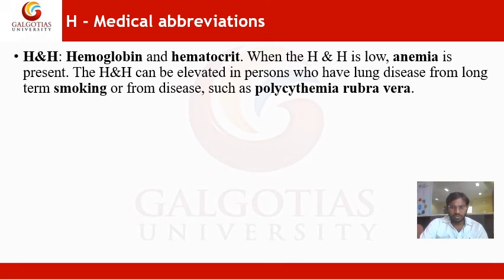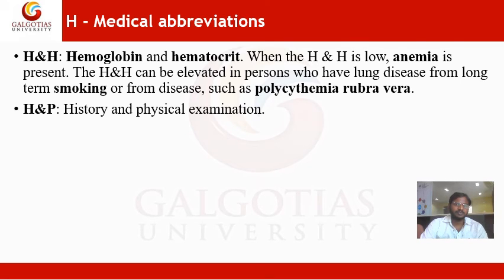In this code, when the patient has the problem of anemia, that time we can diagnose both hemoglobin and hematocrit. Hematocrit is also called PCV, packed cell value. Hemoglobin you can write in the short form HB. In medical terms, in patients they mostly mention the HH and H and P.